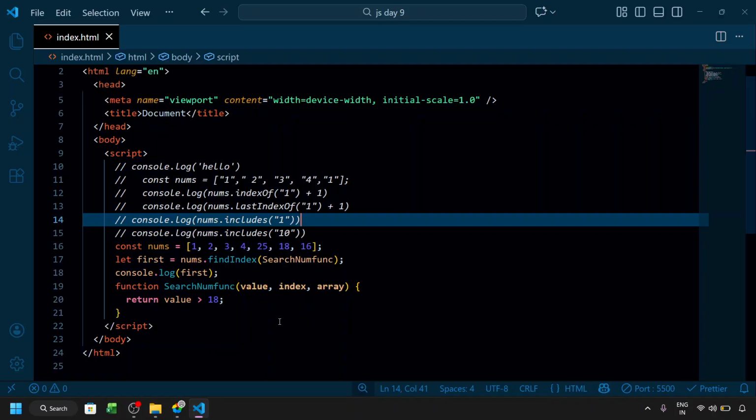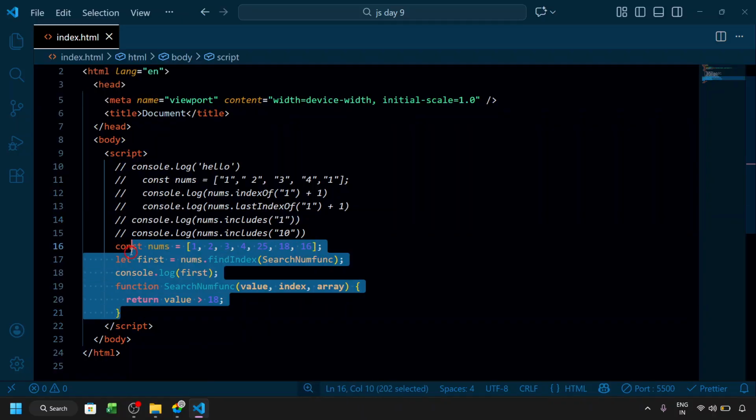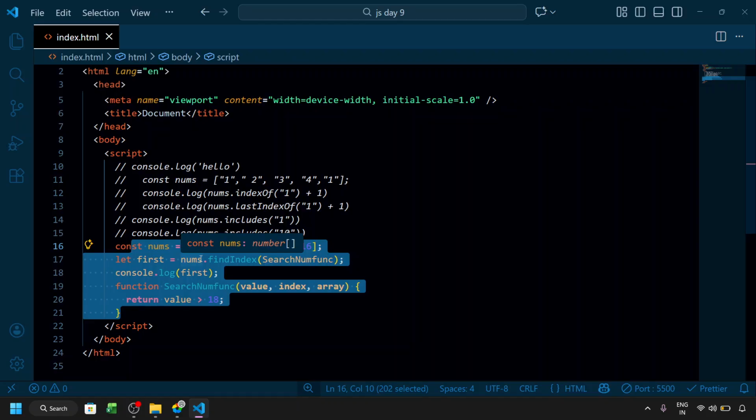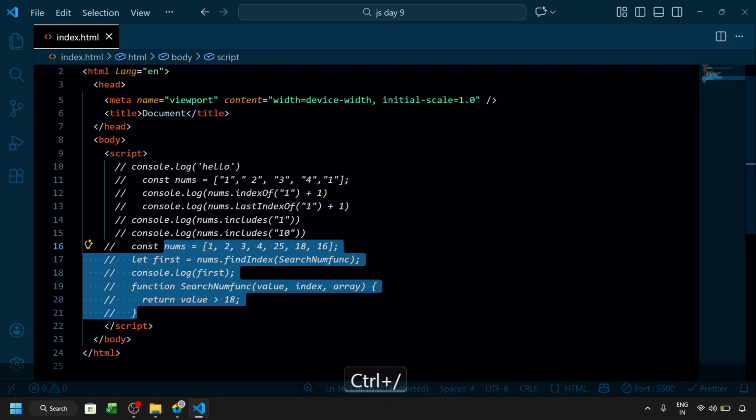The search function uses findIndex, we create a function and pass these values inside the function, return the value to the variable and console.log. If I comment out this, moving on to the next,